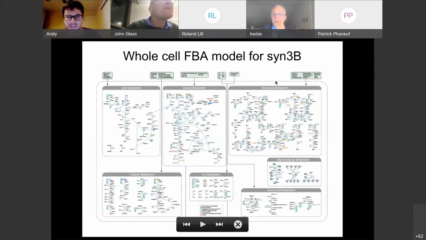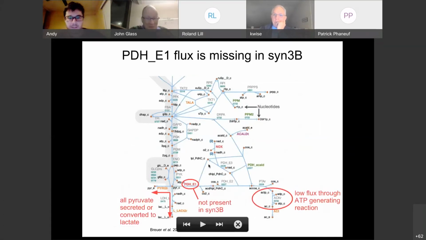Syn3B didn't exist yet, as far as I know. And this has been refined over time. And we noticed a little part in the central carbon metabolism where there is some room for improvement in this